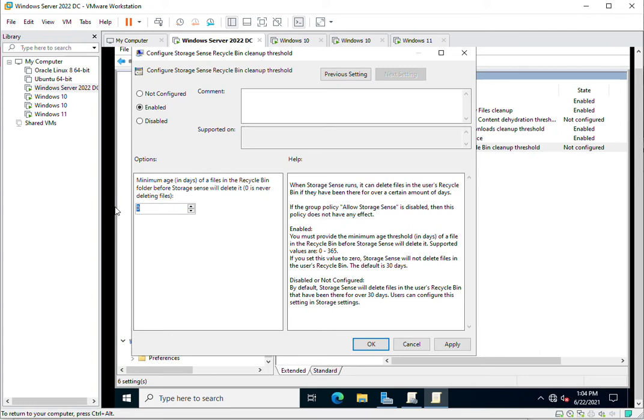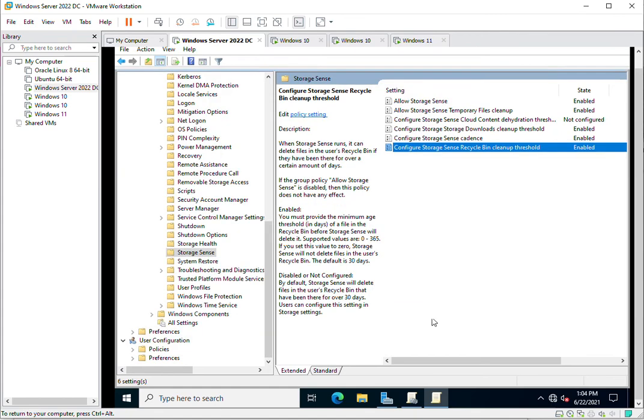But if you specify, say, 10 days, it means you are allowing the storage sense to delete the files after 10 days, and you cannot recover them from the recycle bin. So I just specified it, OK.